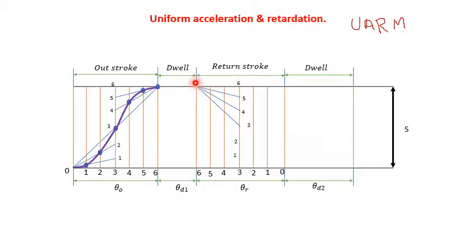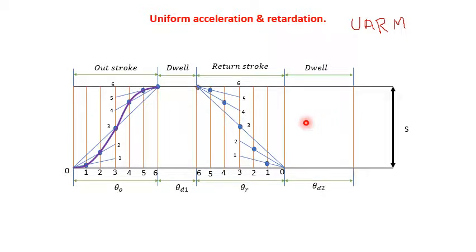Because the return stroke has to start from the end of the dwell and reach the 0. Therefore, we have to select these 2 corners. Now from the opposite corner, draw a line to the first division. From the same corner, draw a line to the second division, and last one, draw a line to the third division. Then repeat the same procedure. This first line cutting the first vertical line is the first cutting point. The second line cutting the second vertical line is the second cutting point. Then this third line cutting the third vertical line is the third cutting point.